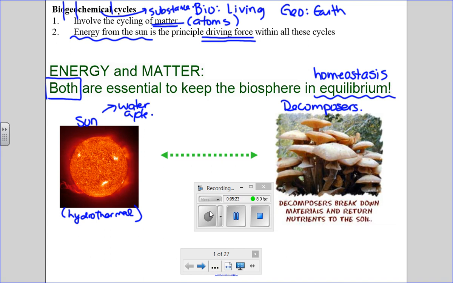So sometimes we would refer to this as top down. The sun's way up high, it comes down onto our planet and enters food chains. And a lot of times we would refer to this as bottom up because we're starting at the soil or the ground and then watching nutrients cycle around in a chain. So this is an idea that runs through this whole entire unit. You need energy, but you also need matter. If you don't have both, then life won't exist.